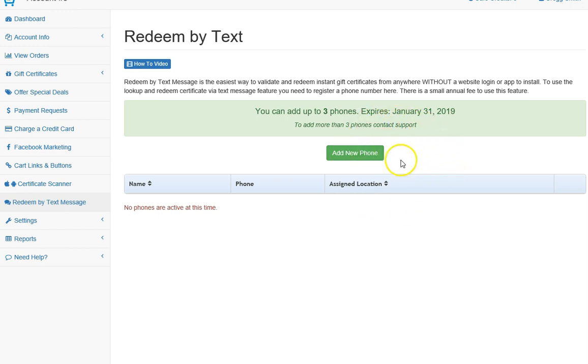So in your account you'll see a link to view pricing options, but this one's already set up to allow for up to 3 phones. And when you do pick a plan and how many phones you need, you can add and remove those phones at any time before the expiration period. So you may change and get a new phone number, or you might change staff members and you can remove their phone and add another one, and you can do that as many times as you like during that time period. So I'm just going to go ahead and add one here